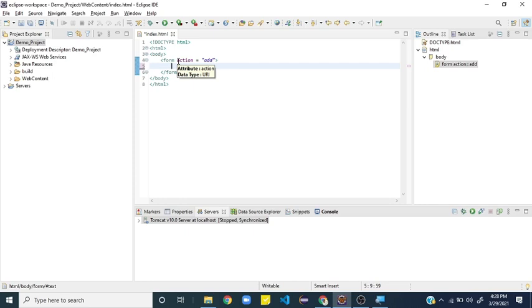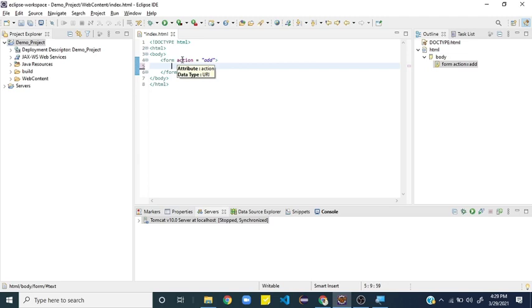Without the action name, you can't map it. Previously, while we learned HTML, I said that action or the reference name are not important, but here these two are very important. You have to mention the reference name, and most importantly, the action in the form.